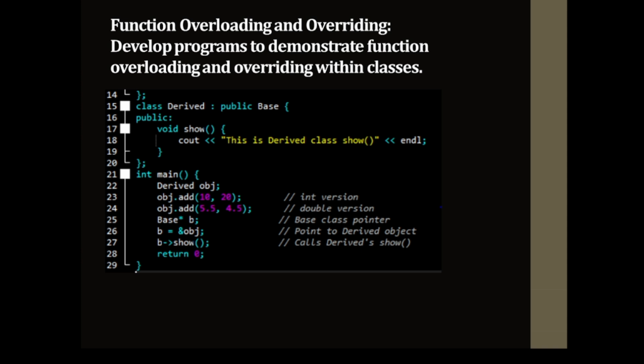I've created an object of class Derived, which calls add with int, int, which adds two numbers, and then with doubles, where my compiler selects the correct function. It creates a pointer of the Base class, and the pointer points to the Derived object. Then what happens? It calls show using the pointer. Because of the virtual function, the derived version runs here. And return 0, where my program ends successfully, and that's the end of the main function.